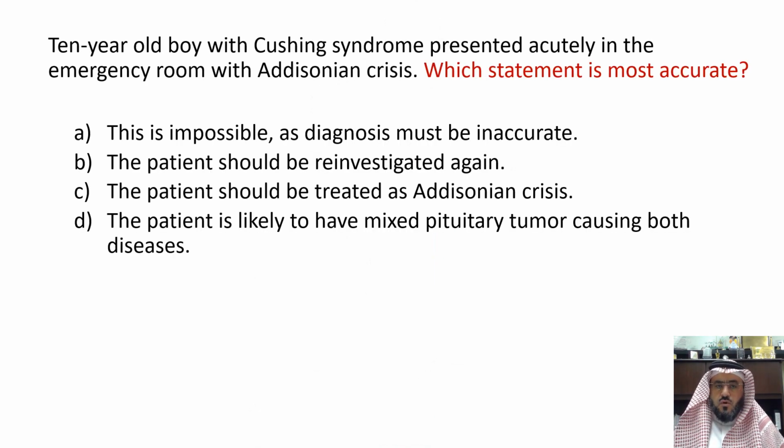A 10-year-old boy with Cushing syndrome presented acutely in the emergency room with Addisonian crisis. This is a child with a real Cushing syndrome. Not mistakenly, the diagnosis was true, Cushing syndrome. And we know in Cushing syndrome they have hypertension, not hypotension. This child came to the emergency room with low blood pressure,